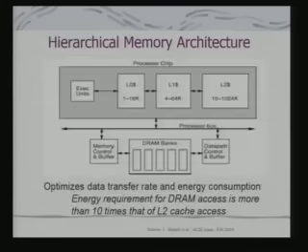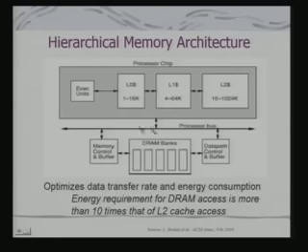In fact, interestingly, look at this kind of a hierarchical memory architecture which is being propounded and proposed and actually being implemented in various SOCs. So, here we have shown 3 levels of cache: L0, L1. So, we are not talking just L1, we are talking about L0, L1, L2. These are on-processor cache, and then you have got DRAM banks. So, these are all separated into banks. And why is this architecture being proposed? Obviously, it would optimize data transfer rate.